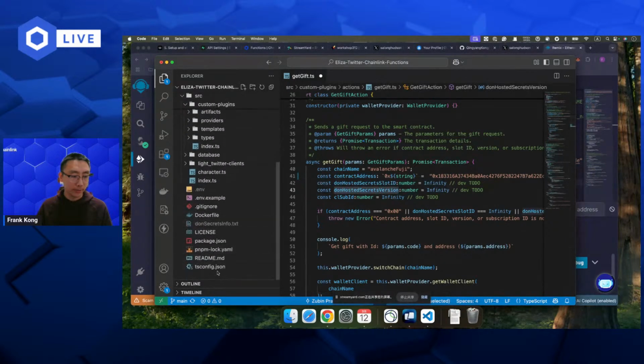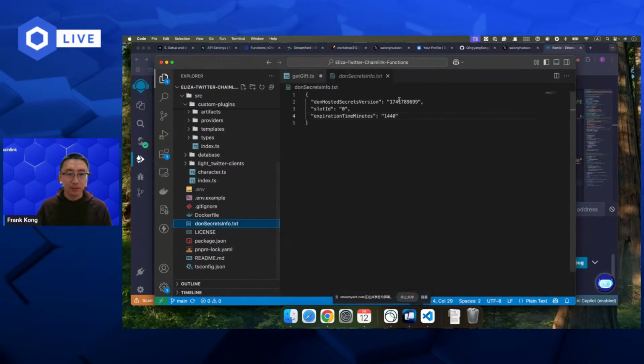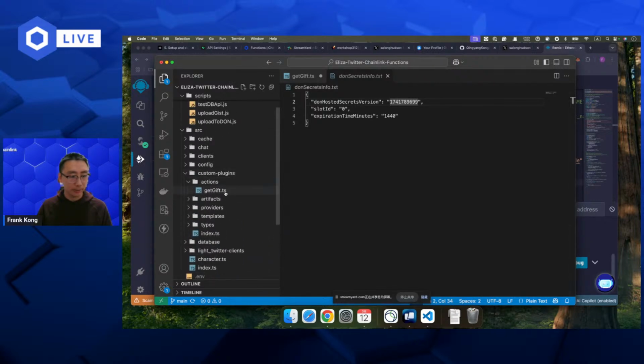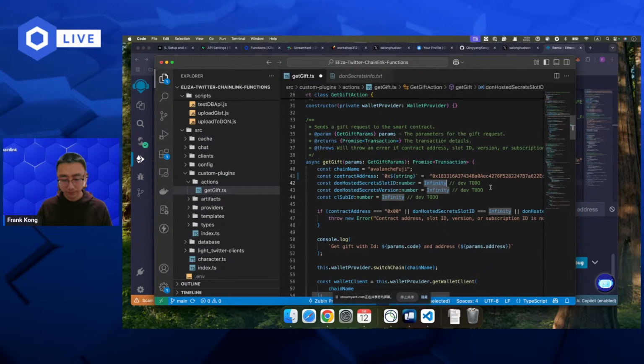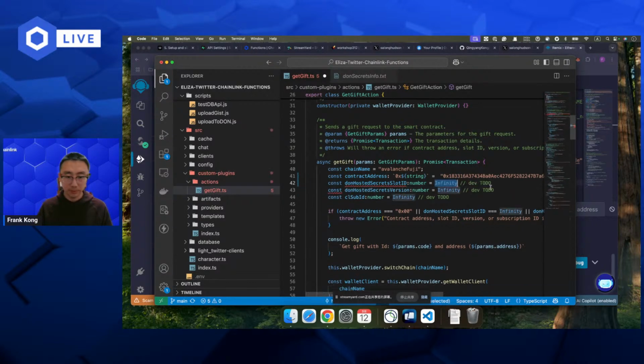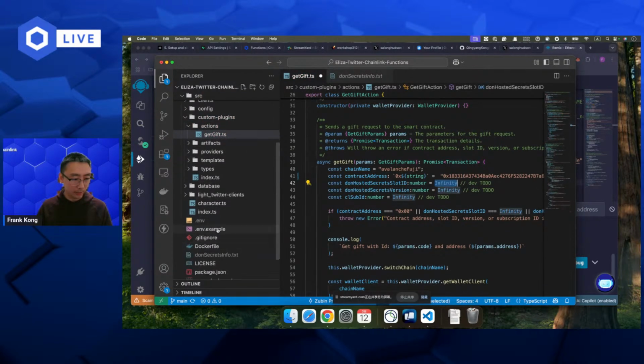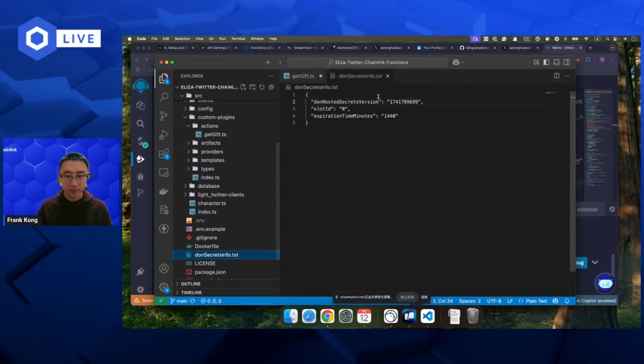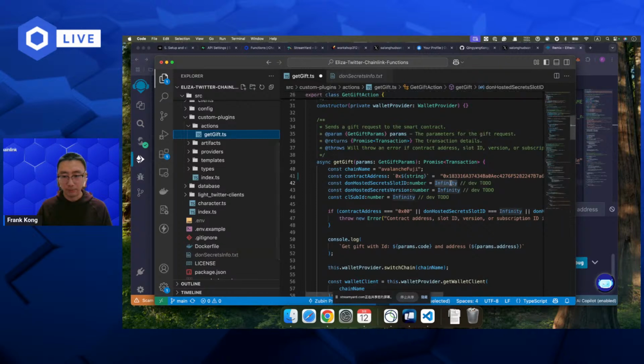You know where to find it, right? Here, the DON hosted secret version, and copy that. Go back to the getGift. Here, paste it here. Oops. Oh, maybe I didn't copy that. Here, copy that, and go back to the getGift.